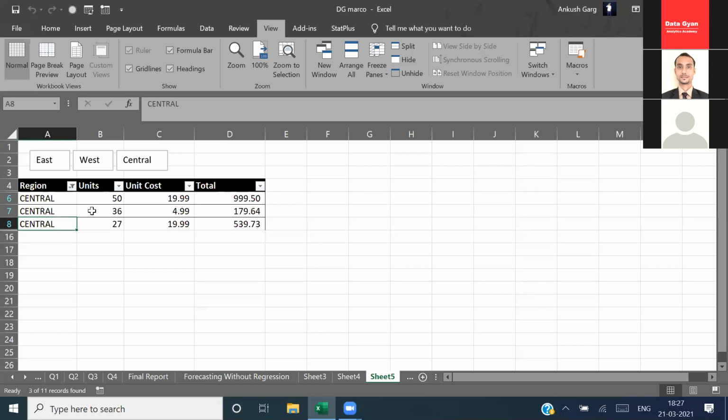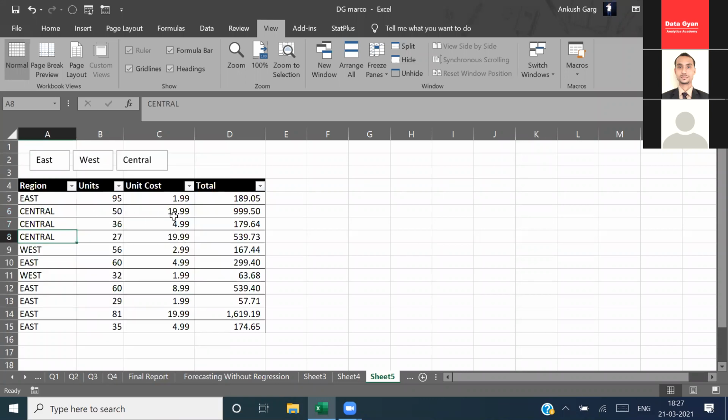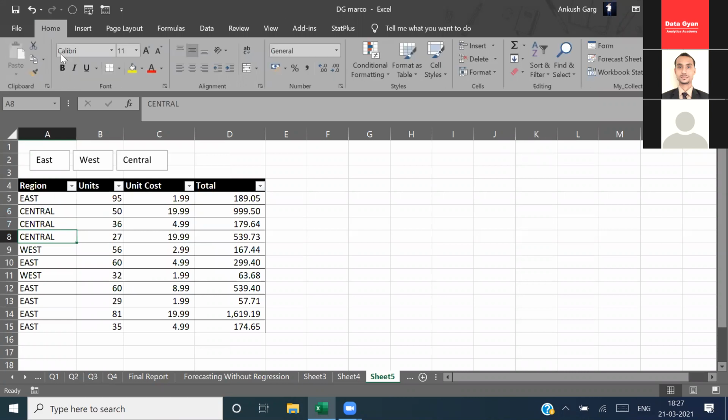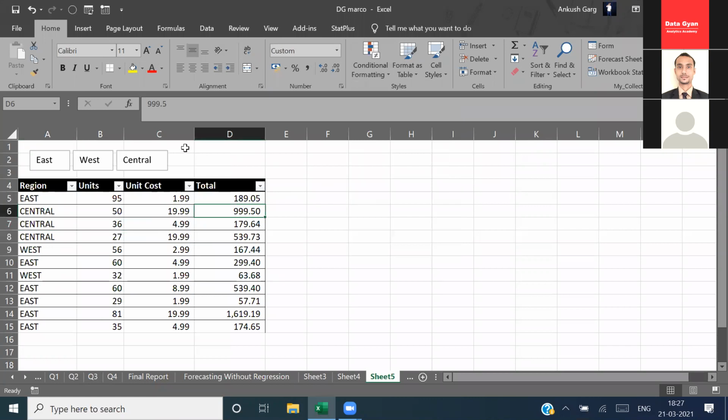But my requirement is also to display all the data. Whenever the data is filtered, we need to be able to show the entire data, so we can also add an All option to display the whole data set. Similarly, you can record any steps or options you want using a macro and assign it to a button to make the data set dynamic, or interactive. So this is macro, and I hope you are all clear about it.